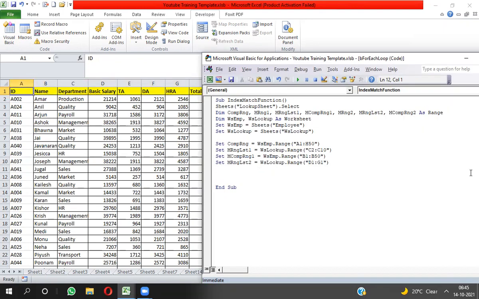So what do I have to do here? Here I have to set this variable. In this variable I will set mCompRng2. I will set the complete header of the employee sheet: ws imp dot Range A1 to H1.